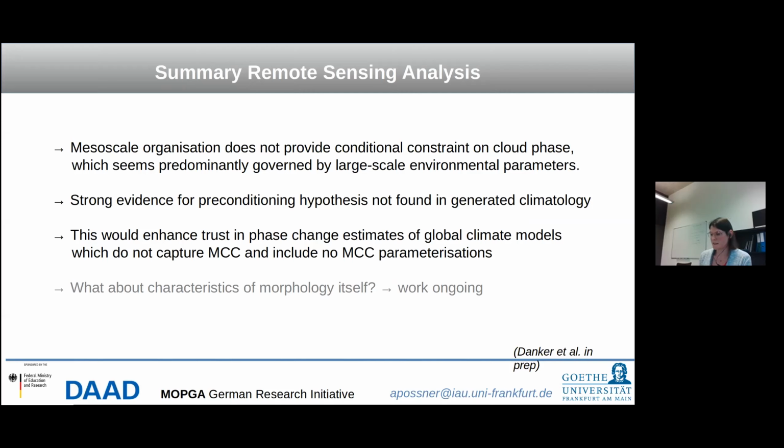And that sounds like maybe a bad thing. We kind of set out hypotheses, right? We want to be right and show that they're true. But in the end, I think it's a good thing in terms of climate model assessments, because mesoscale organization is not something they capture. So this study from Jessica indicates that that's not necessarily a bad thing in this particular problem, because the two aren't related. There are still secondary effects that we're exploring.